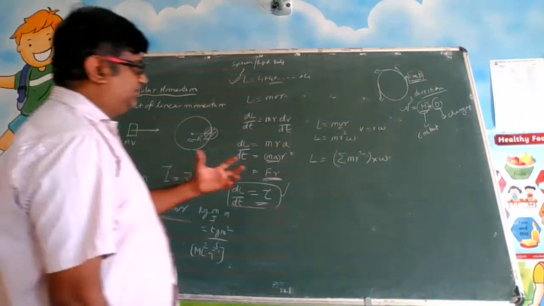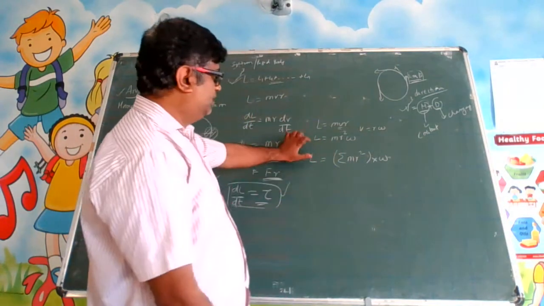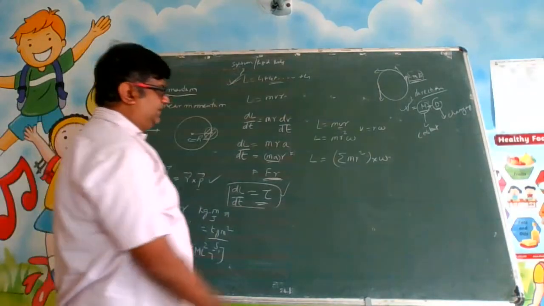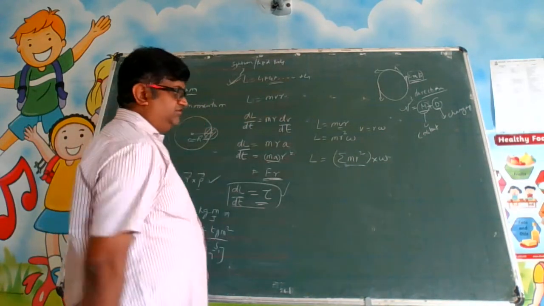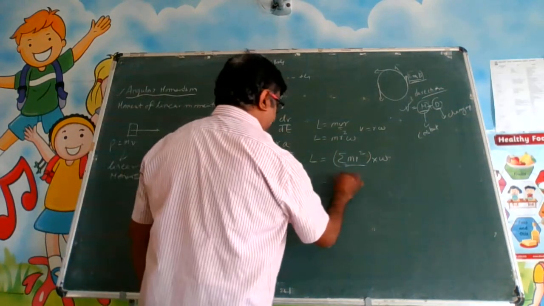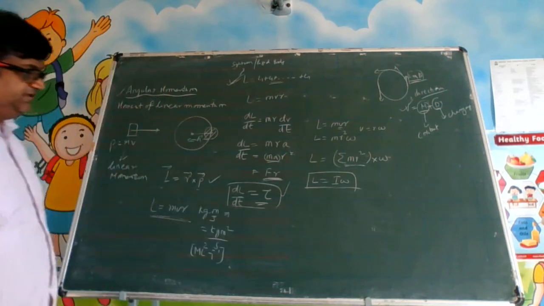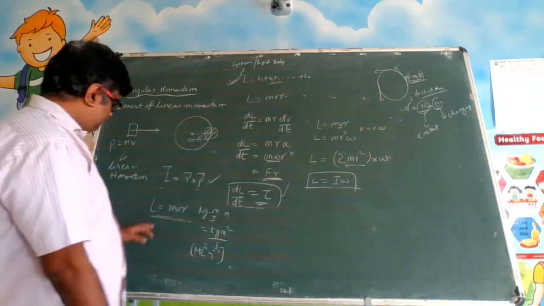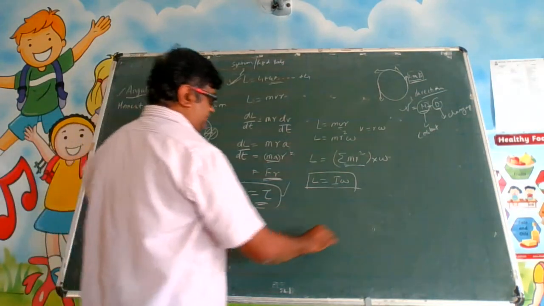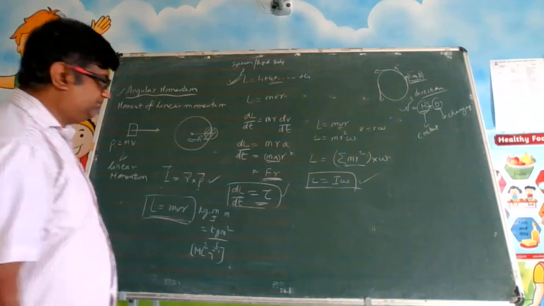See, individually we are taking particles, we want to add all, then we will get the total angular momentum as per this concept. Okay. What is sigma mr square? Sigma mr square is I, the moment of inertia. So L is equal to I omega. This is another way of writing the expression. So one way of writing the expression is this. Okay? Remember these two formats.